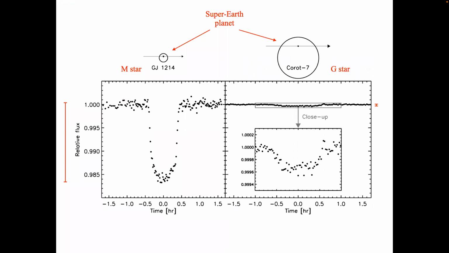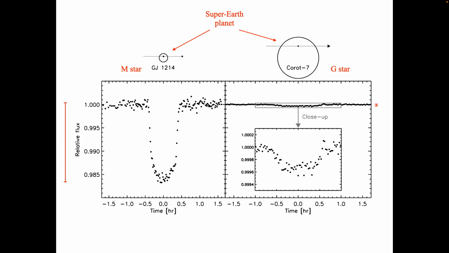So coming back to transiting planets, as I told you before, if the planet is small, it's very hard to detect a transit. Well, it depends on the radius of the parent star. For instance, if we take two super-Earth planets like GJ 1214b and CoRoT-7b, these two planets are super-Earths, but